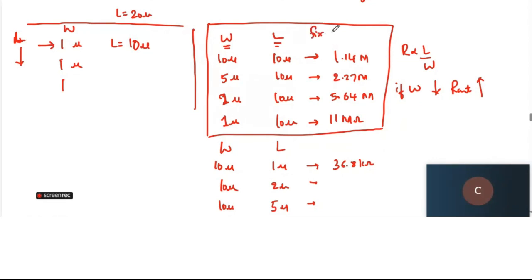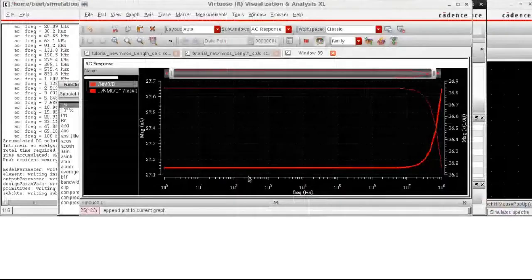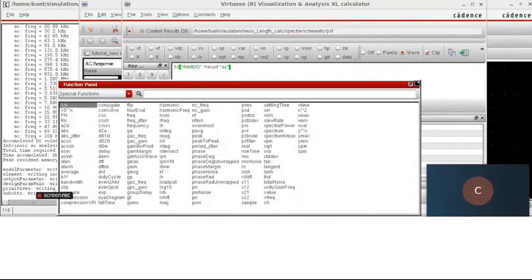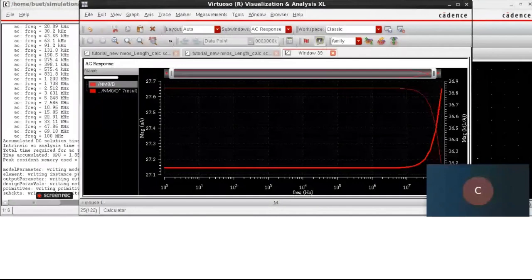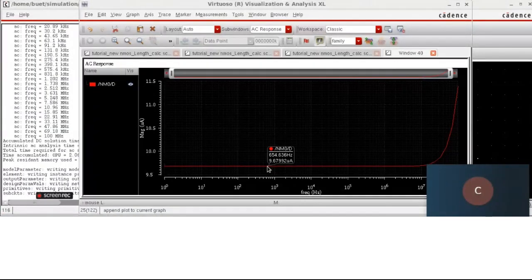Here in the first case, L equal to constant. That's what we did here. Here, W is equal to constant. Okay, let's now increase the L. I'm fixing up only W. W has been written as 10 and L I'm increasing to 2. Increase it to 2. Now, obviously, if you observe,